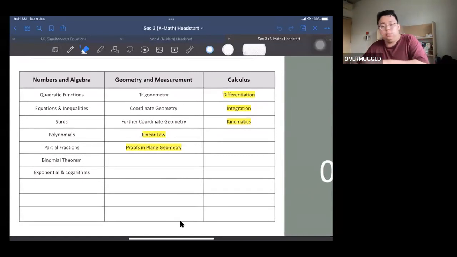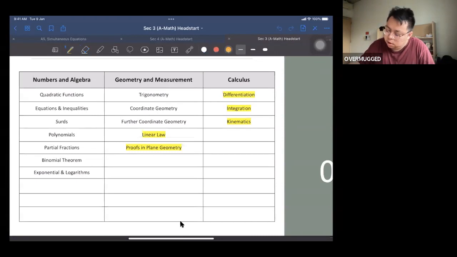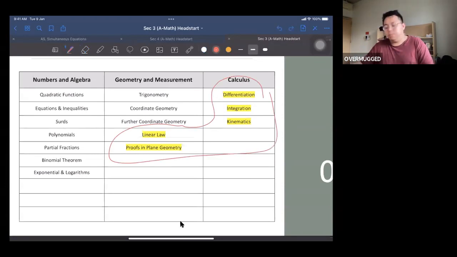Okay, the white ones, which I didn't highlight, and the ones in yellow. The topics in yellow are actually for Sec 4. So you will only cover these topics here. So let me use a thicker pen. These topics here in Sec 4. So Sec 4. The remaining 1, 2, 3, 4, 5, 6, 7, 8, 9, 10, these 10 topics will be